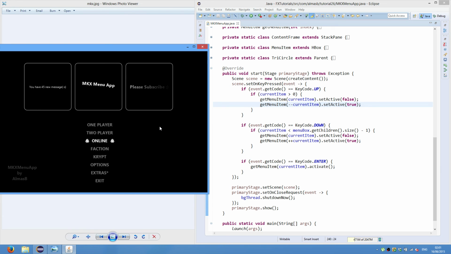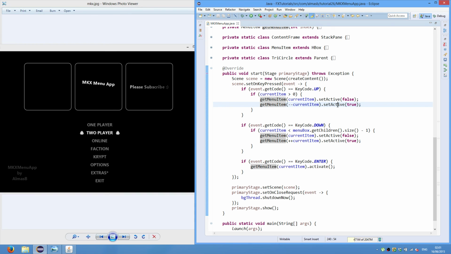So if you're on online, this is element 2 in this list of elements. So we go up by 1 element, and then we set it to active,